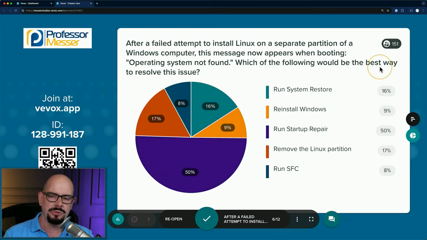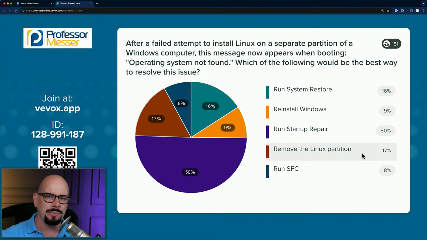And that's why we would assume, or in this case, say that it is the best way to resolve this issue. We say assume because we haven't looked at the others yet. Let's look at these others. 17% of you said get rid of Linux. Just delete the entire partition, or delete what's in the partition. Either way, though, the boot manager probably is not in that partition. So deleting the partition only deletes the Linux that you installed that wasn't installed properly to begin with. Good riddance, but it doesn't help us with our boot problem.